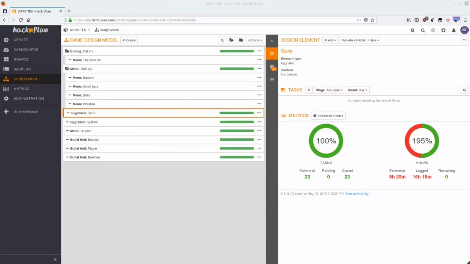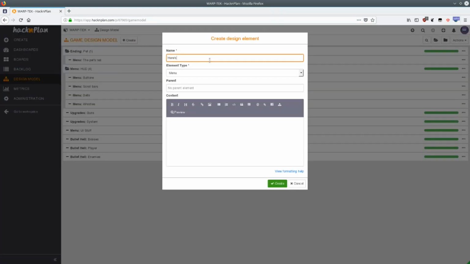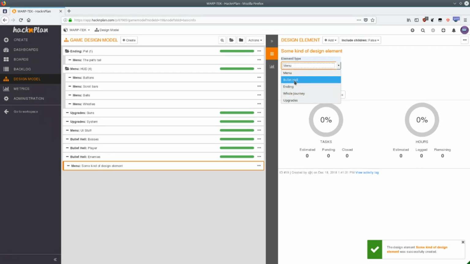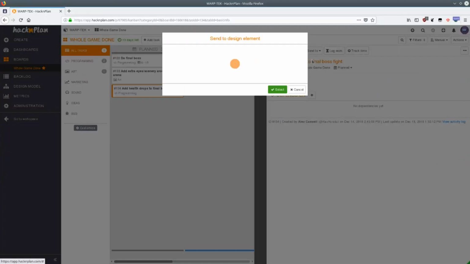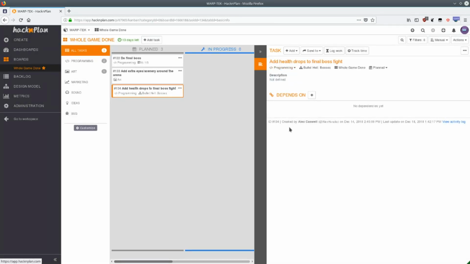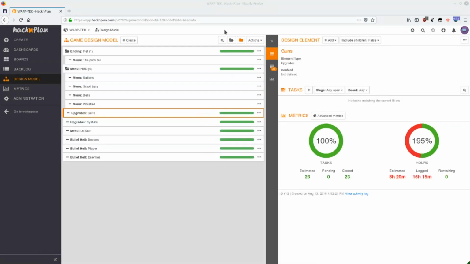Also, you get a nice design model thing, which again I don't put to total use because it doesn't fit my strategy of come up with half the game during development, but it allows you to create a nice kind of tidy organized group system with progress bars for each element of your game. For instance, I created a few here, so I have some headers like bosses, enemies, guns, etc. When creating a task, all I'd have to do is designate that task belongs to that specific design element, and it'd be added. Once it's completed, it'd automatically update the useful progress bar to show how far along that component